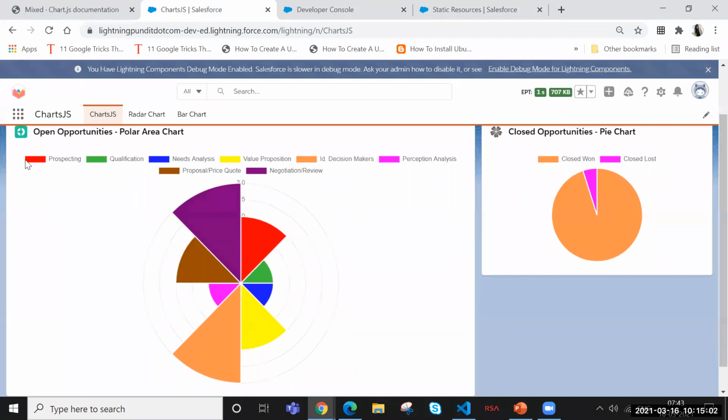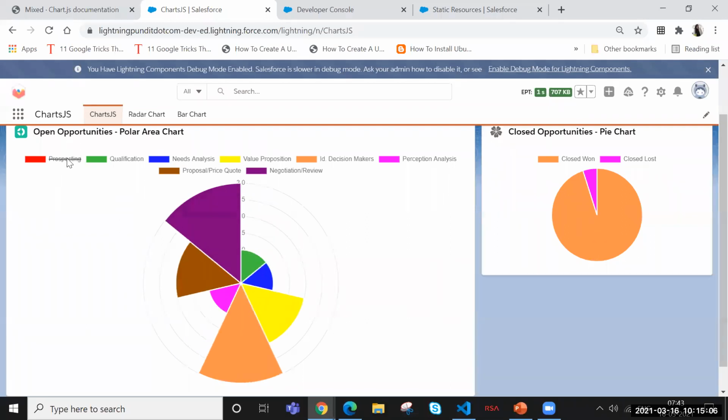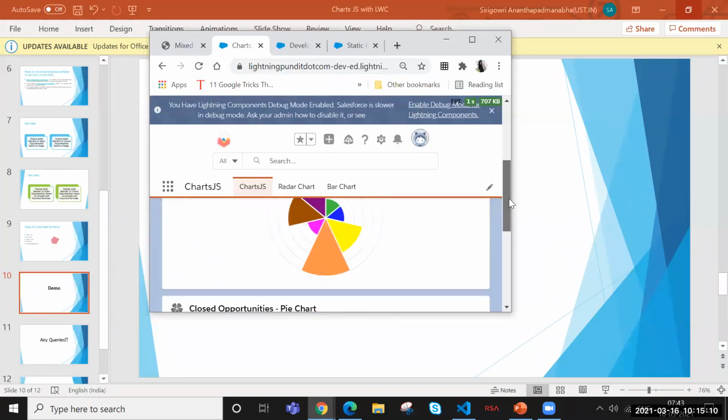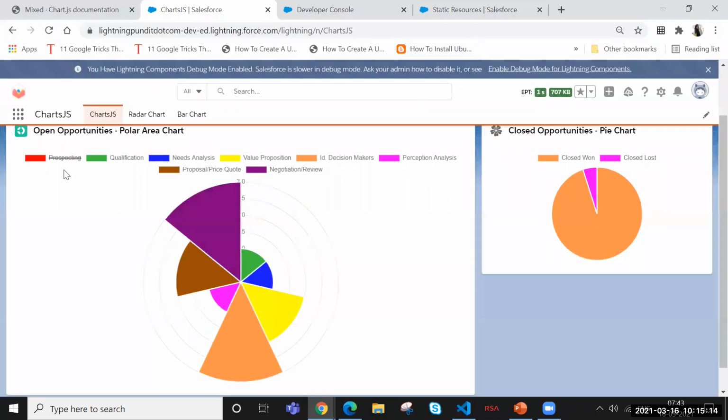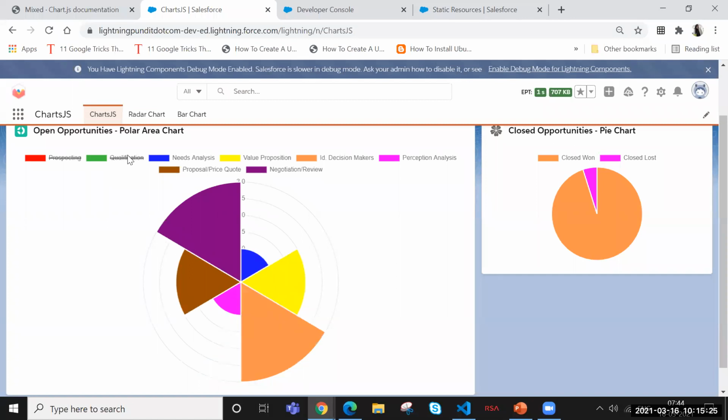So here we can see many things, and also I will show how it is responsive. Like if we minimize the screen, it will fit to the screen very well. And the second thing is chart.js has all these legends, so whatever value of the stage we don't want, we can just cancel it out to view what all is required, like this.